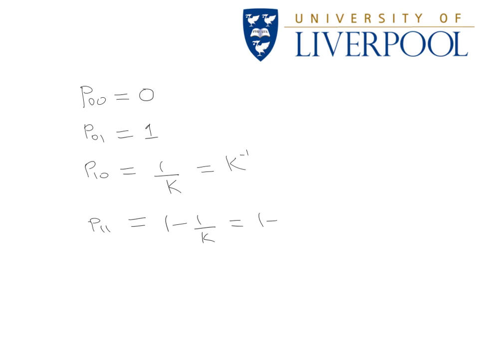So what are the entries of the transition matrix in our case? p_00 equals 0 in our case, and p_01 equals 1. p_10 equals 1 over k, which is a probability which can be expressed as k to the minus 1, and p_11 is simply 1 minus 1 over k, which equals 1 minus k to the minus 1. So the transition matrix in our case reads